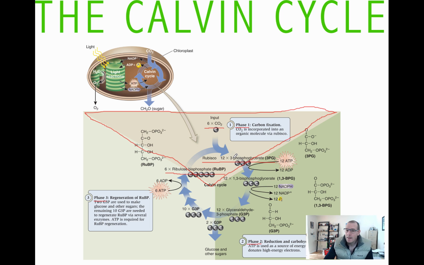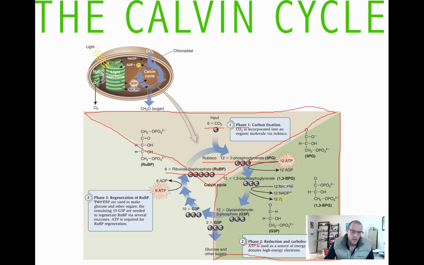Okay, so that is the end of carbon fixation. That step is catalyzed by an enzyme called rubisco, which stands for ribulose bisphosphate carboxylase oxygenase. Really complicated. We call it rubisco. It is the most abundant enzyme on the planet, and has its critical role in fixing carbon dioxide into a solid form of matter. So at the end of carbon fixation we go into our next stage, which is kind of this dark green